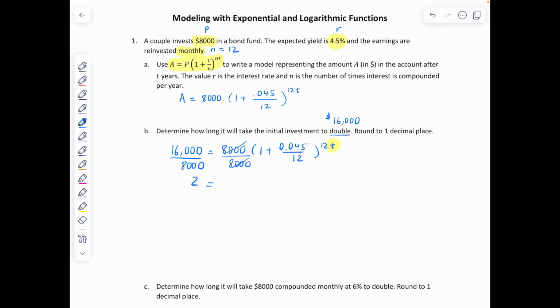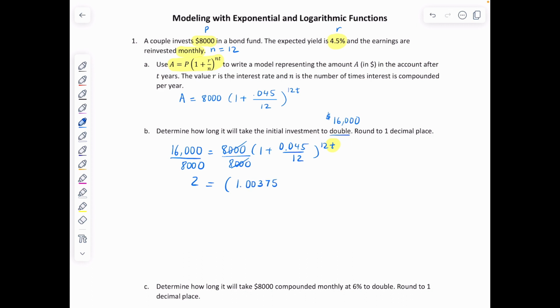On this side, we'll have 2. And then we'll go ahead and calculate this guy right here. 1 plus 0.045 divided by 12. Following the order of operations, you must do 0.045 divided by 12 first, and then add 1 to it. And when you do that, you are going to get